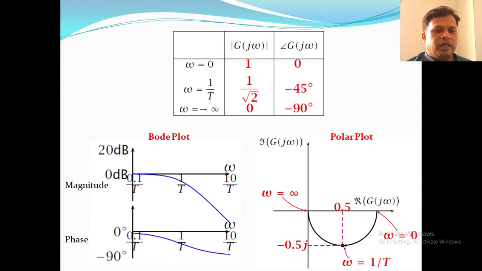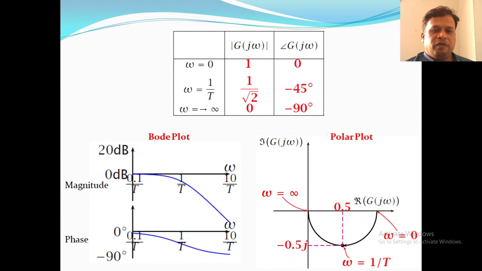Now we are plotting the graph here, the Bode plot and the polar plot. So the Bode plot is in this way, and the polar plot is also in this fashion, where we are having magnitude and phases. Now the polar plot, if you want to draw, you will have a value of omega as well as the starting value of omega and the ending value of omega. Now we will see the omega value is also 1 by T.